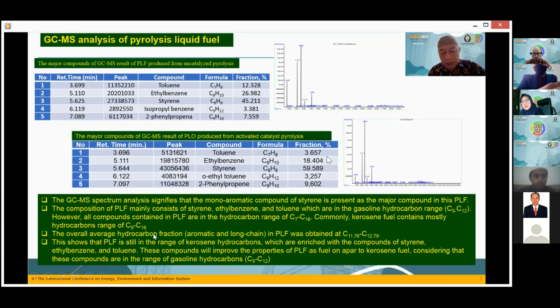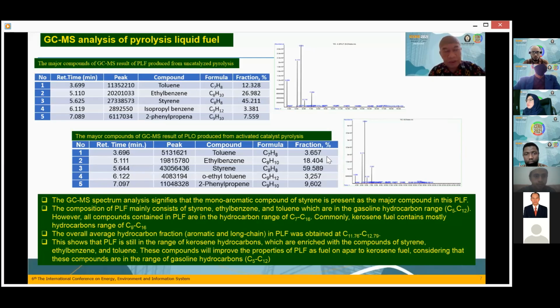The overall average hydrocarbon fraction, including aromatics and long hydrocarbon chains in pyrolysis liquid fuel, was obtained at C11.76 to C12.79, which is still in the range of kerosene hydrocarbons, enriched with the compounds styrene, ethyl benzene, and toluene. So these compounds will improve the property of pyrolysis liquid fuel